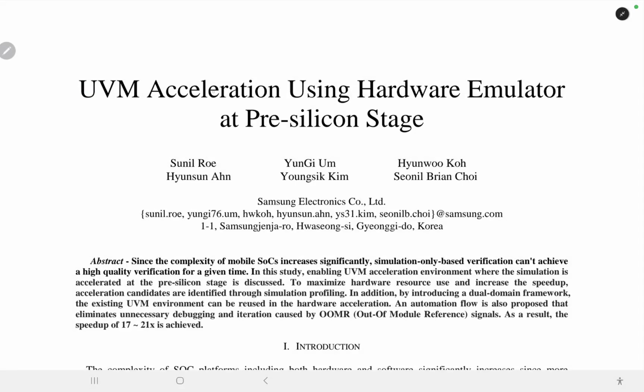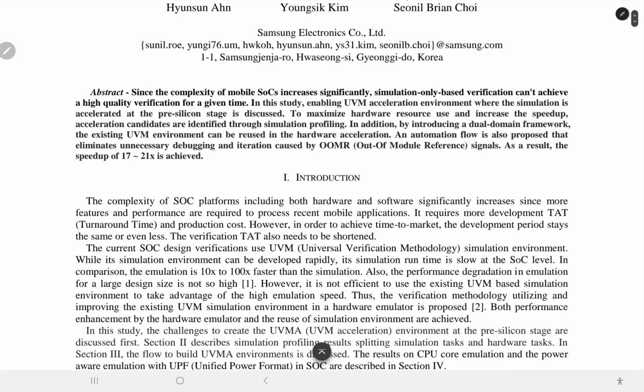UVM acceleration using hardware emulator at pre-silicon stage. Abstract. Since the complexity of mobile SoC is increasing significantly, simulation-only based verification can't achieve a higher quality verification for